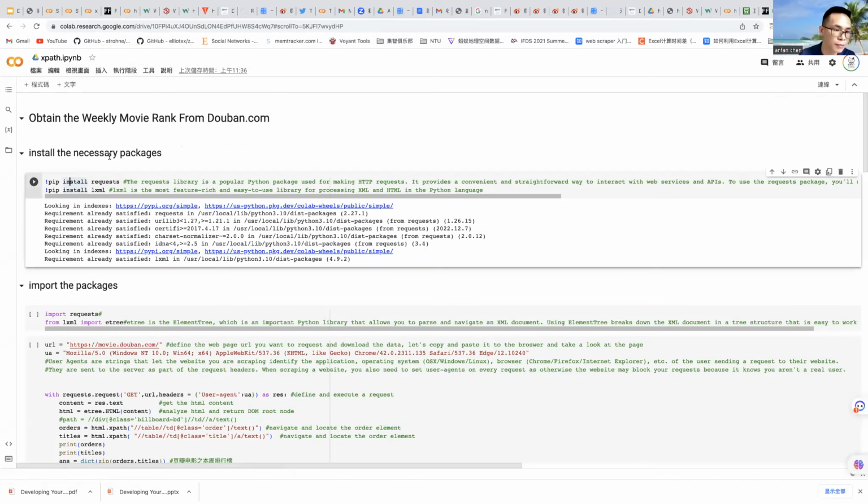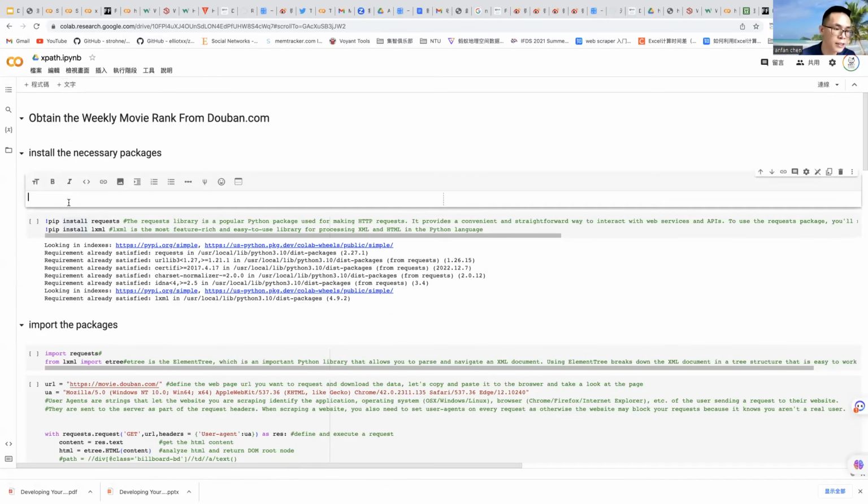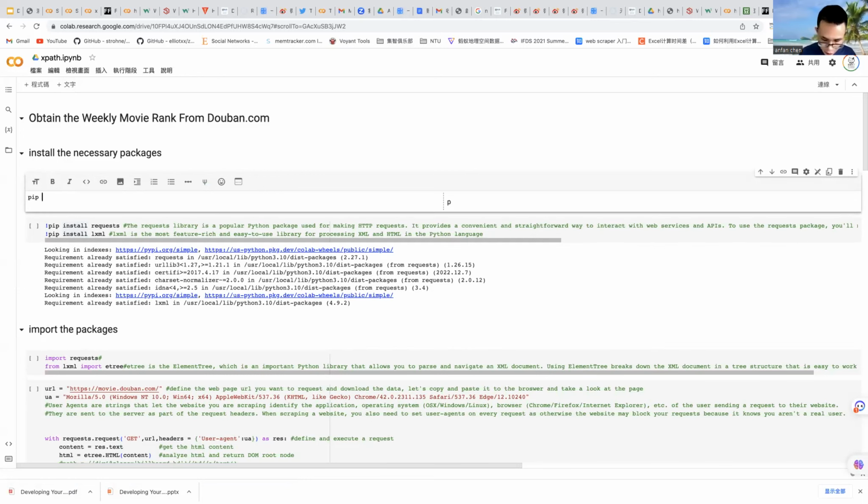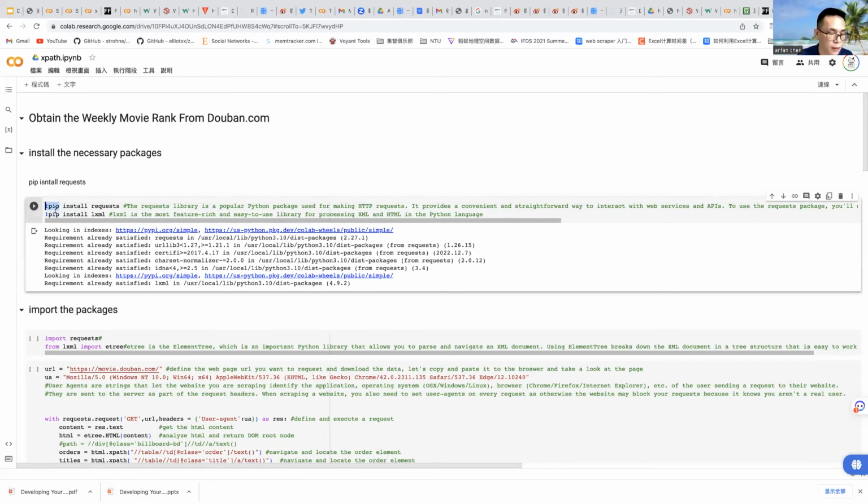In Python, we just type pip install requests to get the requests package. But in the client, we need to switch to this kind of command. It is required by the client.